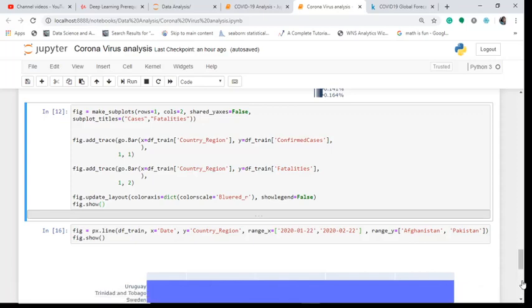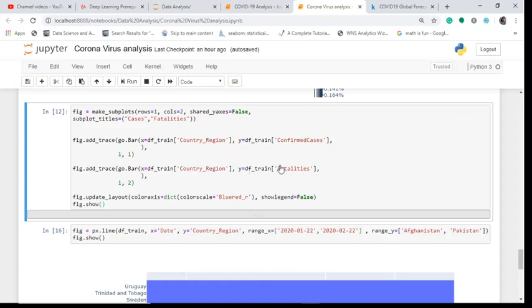Something went wrong with this. I don't know what's happening. It just got hung, and I cannot show you this. Okay, fine guys. Because of some technical issues, it is not opening, nor is it closing. So I will have to shut down my Jupyter notebook for now, and we'll continue in the next session